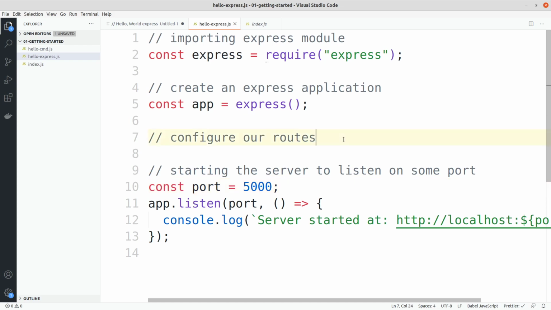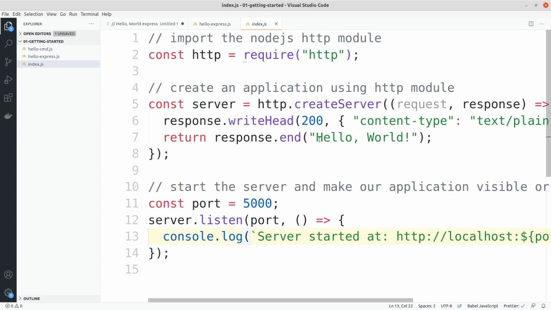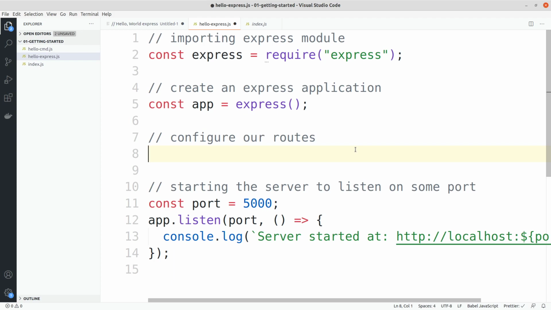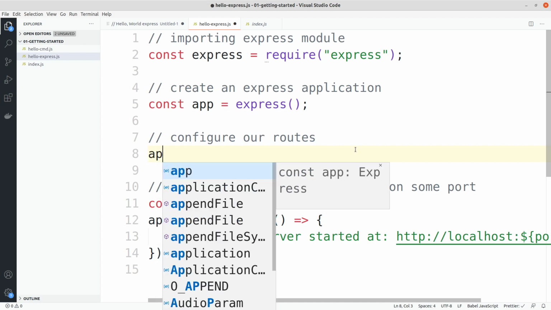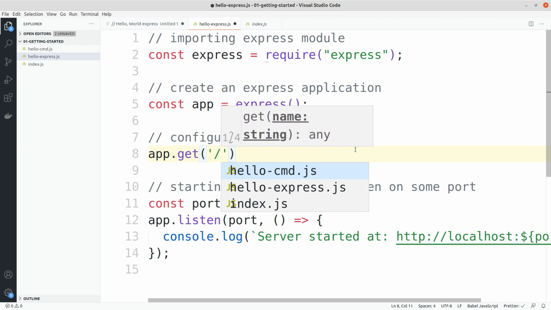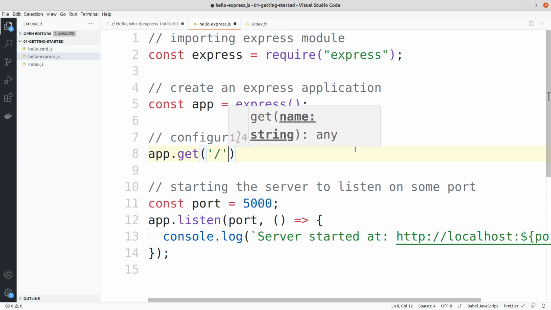Now all I need to do is configure my routes. By routes I mean whatever response I want to send. So I want to send the hello world response to the user. Using Express I can handle multiple types of requests. For example, if I want to handle a GET request sent by the web browser, then I need to specify the path. So in this case I am telling my Express application that whenever the user visits the root route,